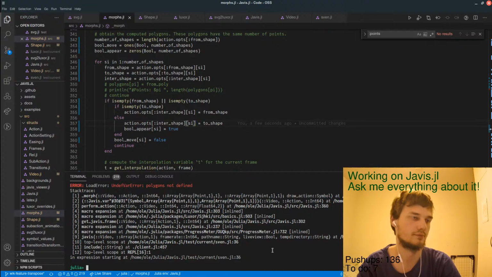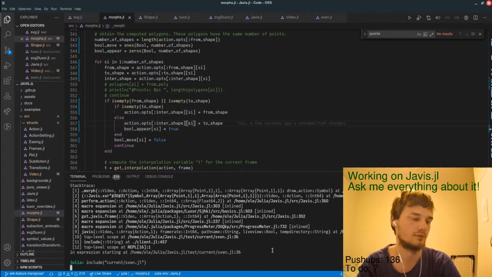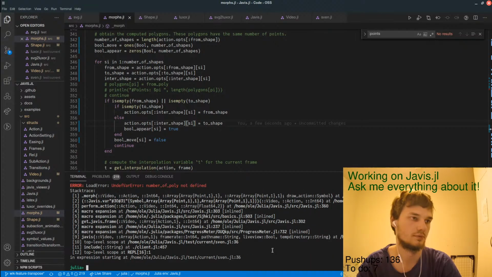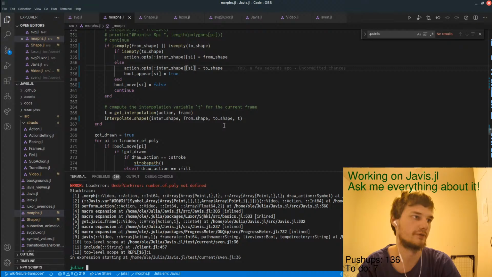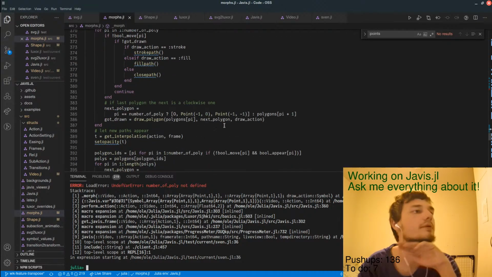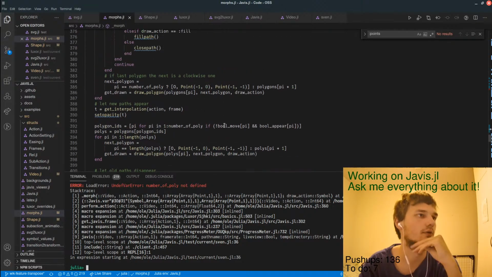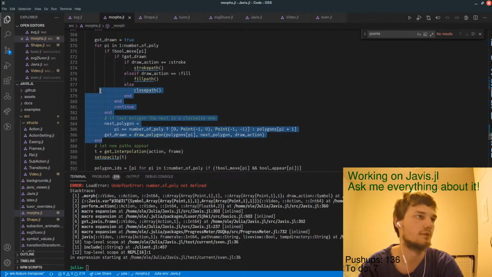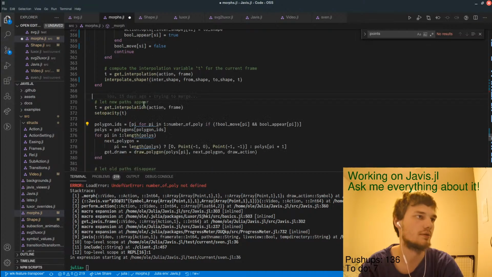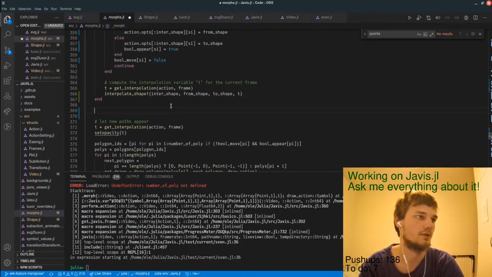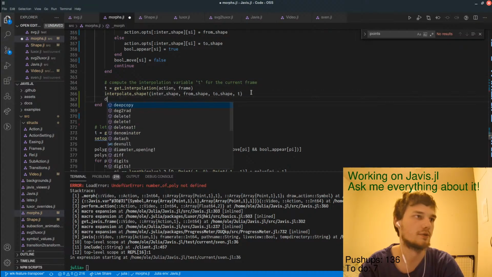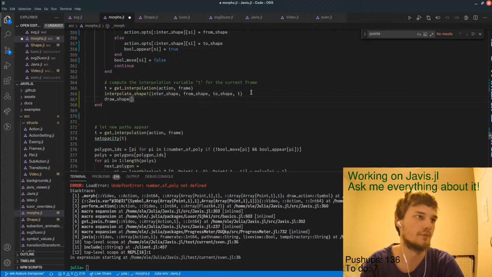Yeah. Number of pastries. Yeah, okay. So this should somewhere else. So basically we want to have shape inter shape.